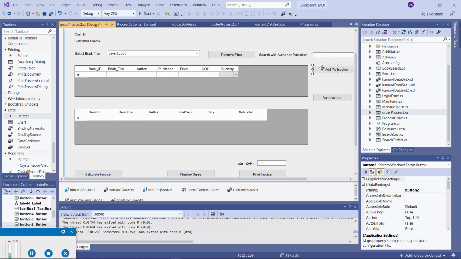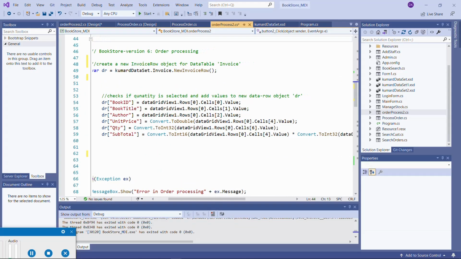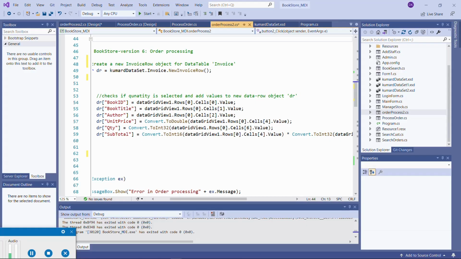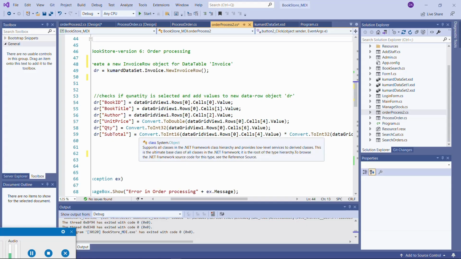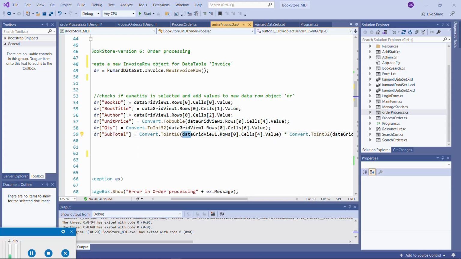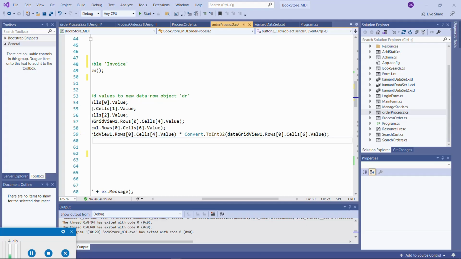Once you have got it, you can get your values into data row, or you can directly pick it up from the grid, like in this case, data grid view dot rows 0 cell 4 dot value, which gives you the price, and then cell 6, index value 6, gives you the quantity that you have selected,